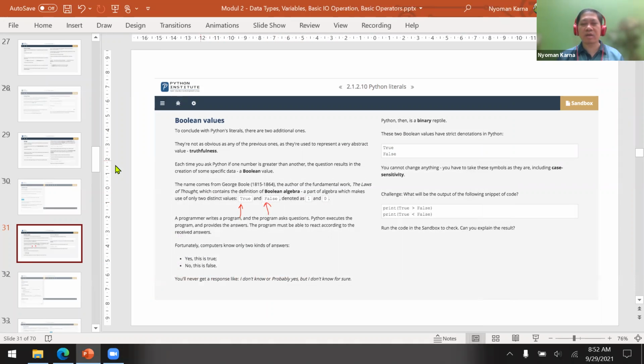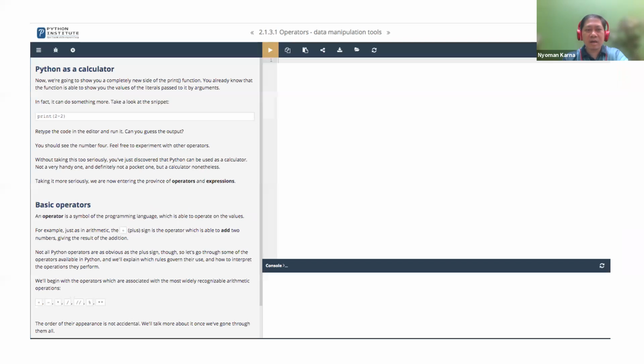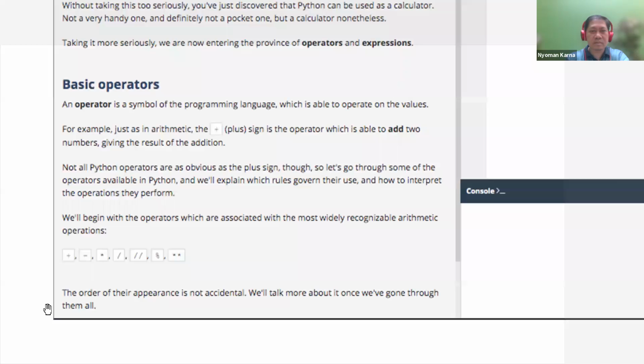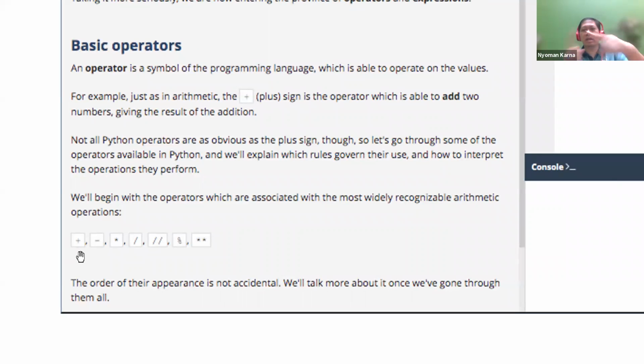Now go back to our data types. We have integer, float, and also Boolean. And now we're going to discuss the operators. There are several basic operators. The first one is addition, using the plus sign, then subtraction using the minus sign, then multiplication using the asterisk sign, and then division.